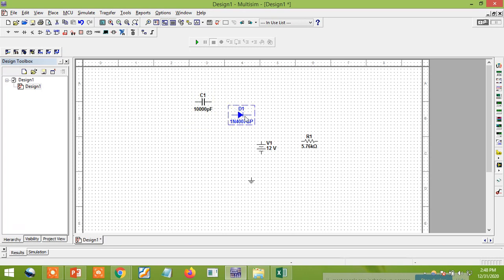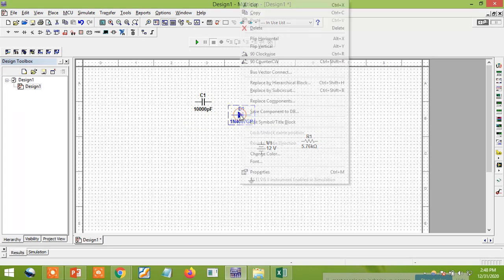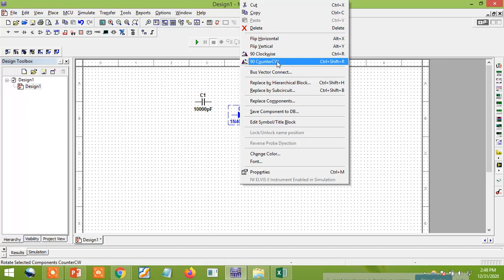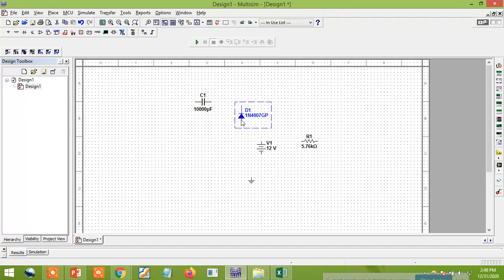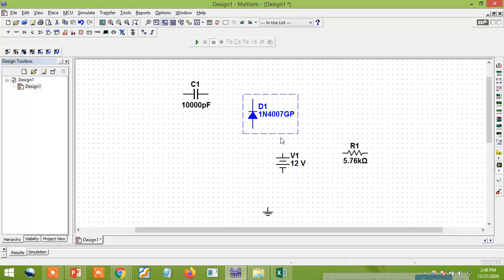Diode, cathode first. So just click on this. Counter clockwise, you give it, and automatically first it is the cathode and then the anode. Just zoom and I can show. So cathode and anode. Next it is the power supply. First I want the negative and next the positive.